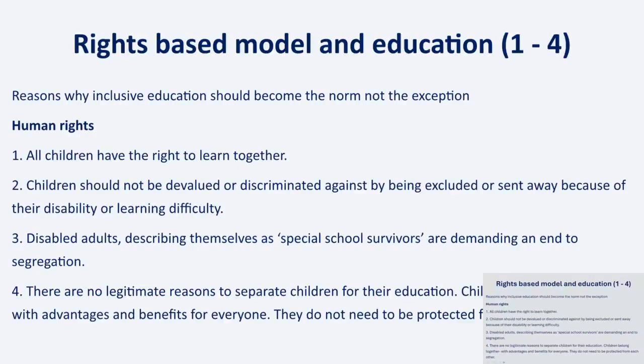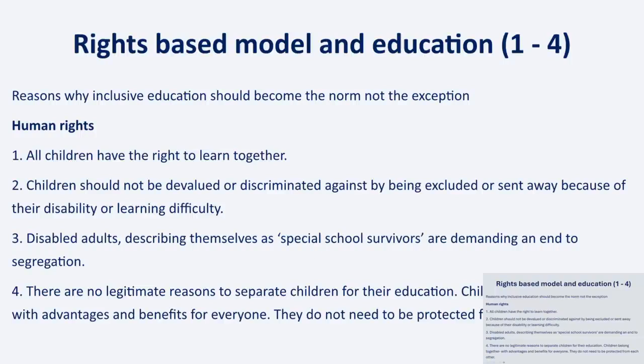So thinking about rights-based within education, we've seen before, UNCRC, all children have a right to an education. The UNCRPD, all children with disabilities have a right to an inclusive education. But the problem, as you've all said this morning, is how do we define that? A lot of people talked about themselves as being special school survivors. In other words, I was sent somewhere different and I survived it. Equally, as you've said this morning, Flo, how many people are mainstream school survivors? They got through mainstream school just about, rather than being supported and thriving through it.